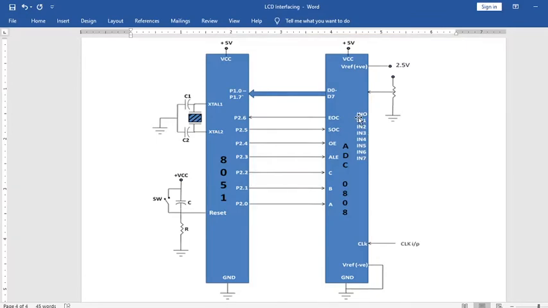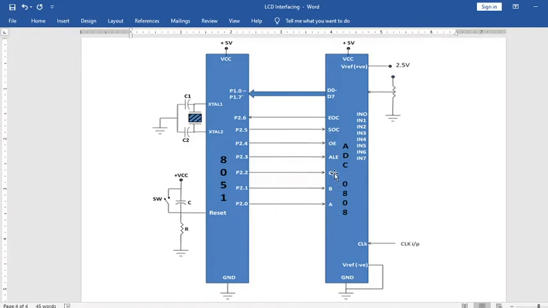If we want to select input 0, then we will provide 0 on these 3 pins from the 8051 microcontroller. So here the input ABC will be 000, which is obviously selecting input 0. If we want to select IN7, the 7th input, then there should be 1 on the 3 pins of the ADC.